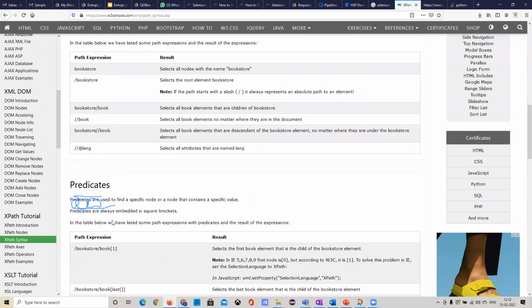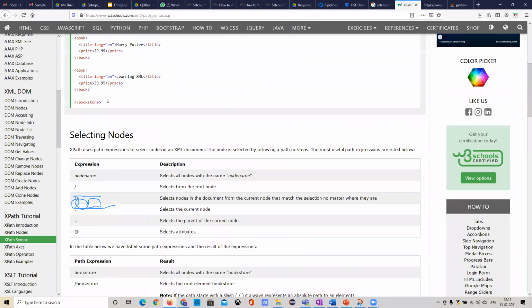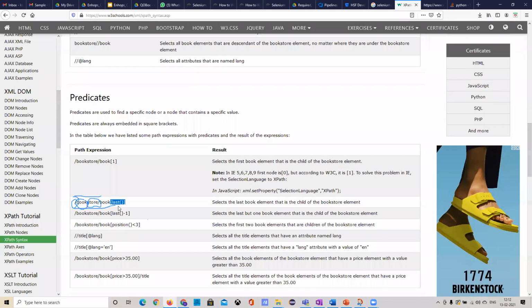Now out of this, you can give the index of the first, or you can have the last. Say I have 10 books and I want to pick the last one, I can pick it like this, with last. I'll make a bet, many people will not even implement this in XPaths, but these ways are there. If I have 10 objects on the screen and I want to select the last element, I can use the last method. Last minus one, last minus two, last minus three, all these you can use. I have never seen a person who implemented XPaths with these particular things.